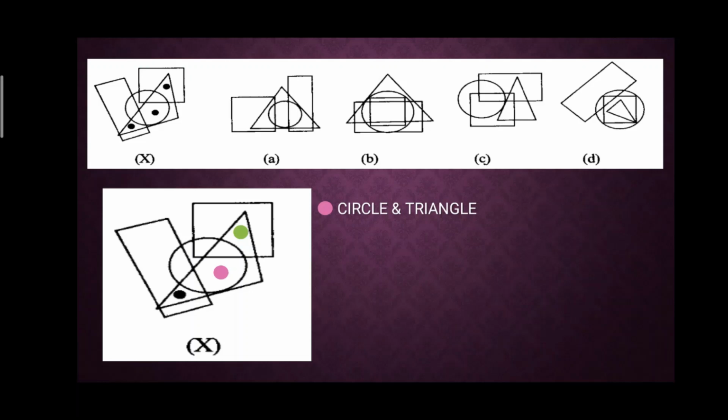The second dot, that is the green dot, represents a square and a triangle only. I am not telling you which figures it does not represent. When I am writing triangle and square, I mean it is the area enclosed only by the triangle and square, nothing else. Now the next, the blue dot, represents a rectangle and a triangle. Now I'll keep these conditions in mind and then I'll look for the answer figures.